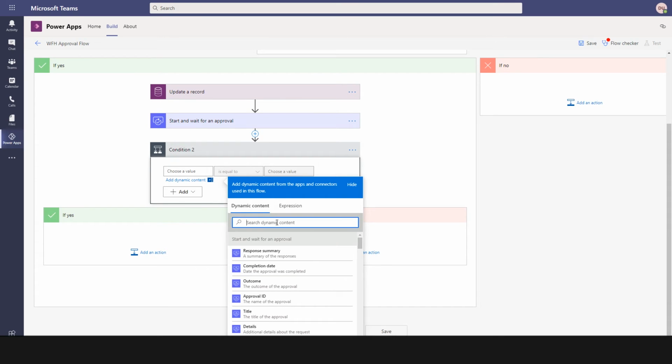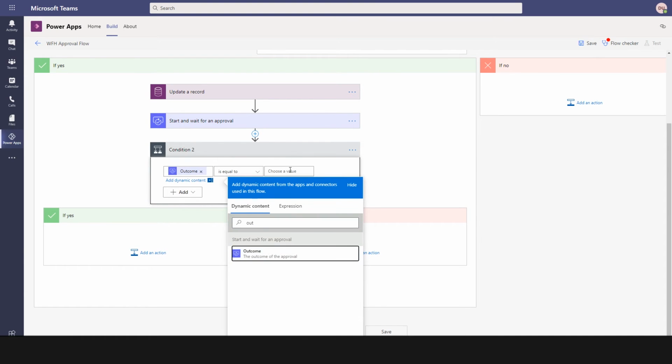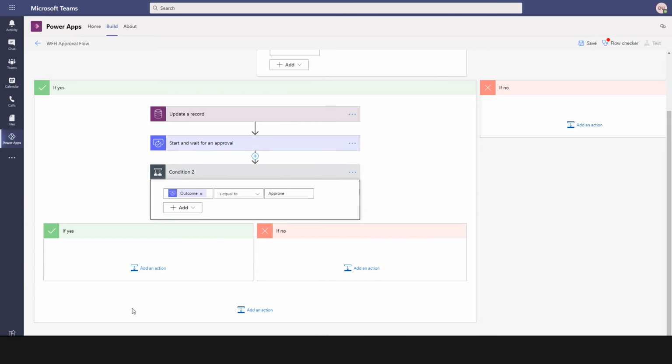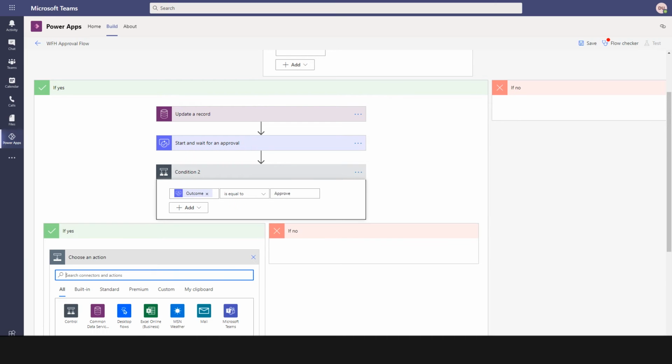outcome from the approval process was approved or not. So if the outcome was approved, then we put a condition that change the status of WFH. So